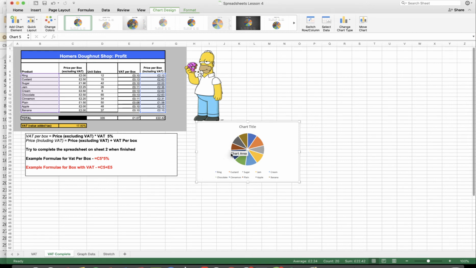So we see here we now have a pie chart with all the different products, and each segment or slice of this pie chart represents the price. Now all the prices are quite similar, so there isn't much difference here. But already we can see here that this blue one here is the most expensive one, and I think that one is the